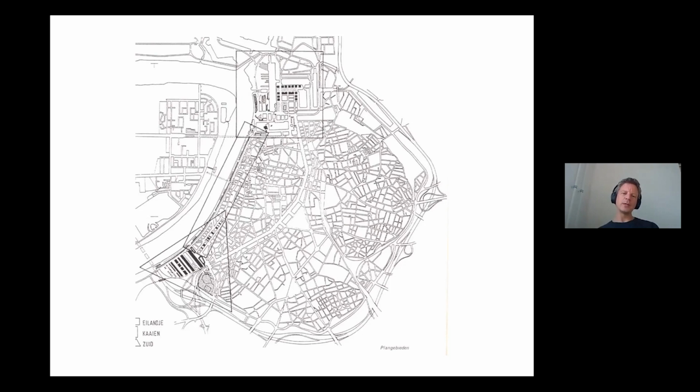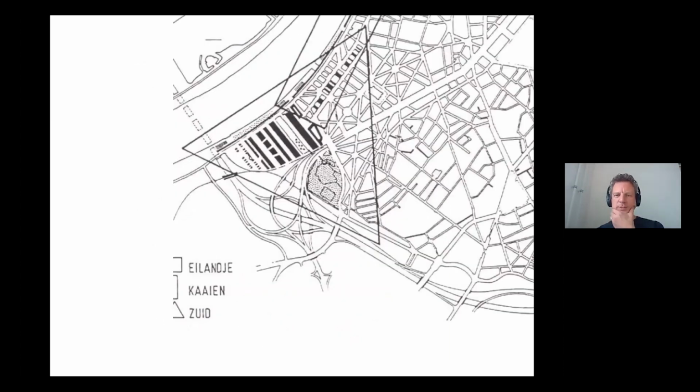And so I will look at the triangular space today, the space of the south of Antwerp, at least the south of the inner city of Antwerp. The city today is much larger than that. There's a huge 20th century belt, and the highway that you see here circling the city is actually more cutting through the city. So this is the space that was looked at, and at that time it has been a